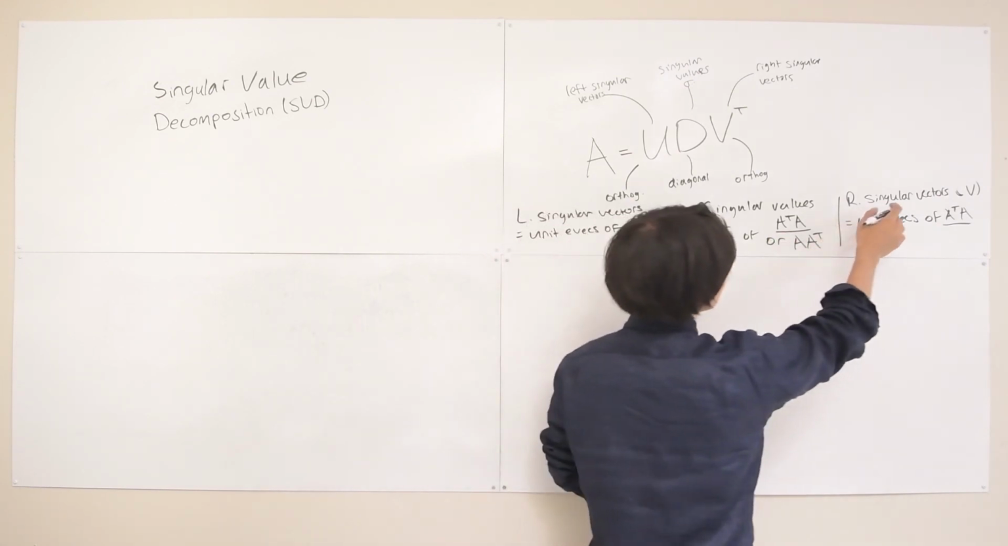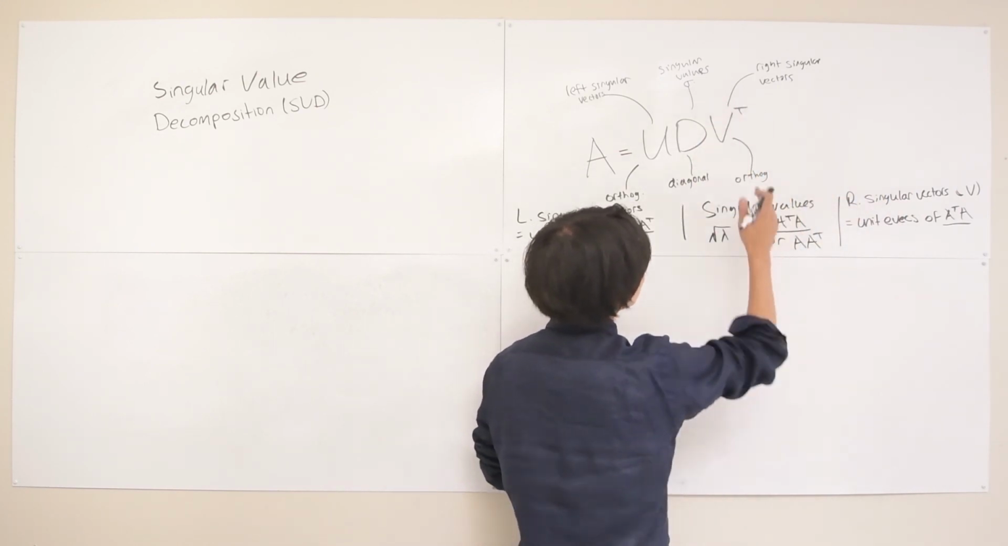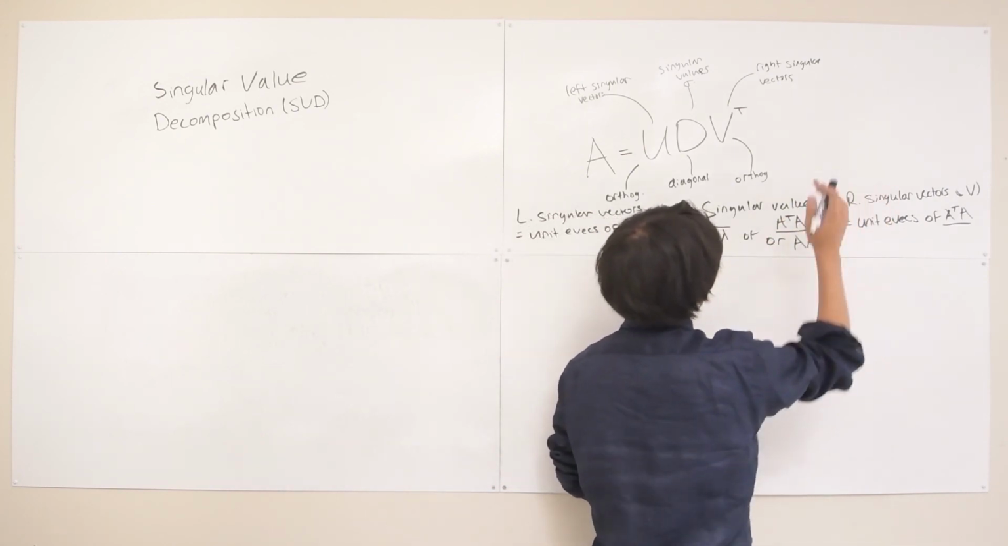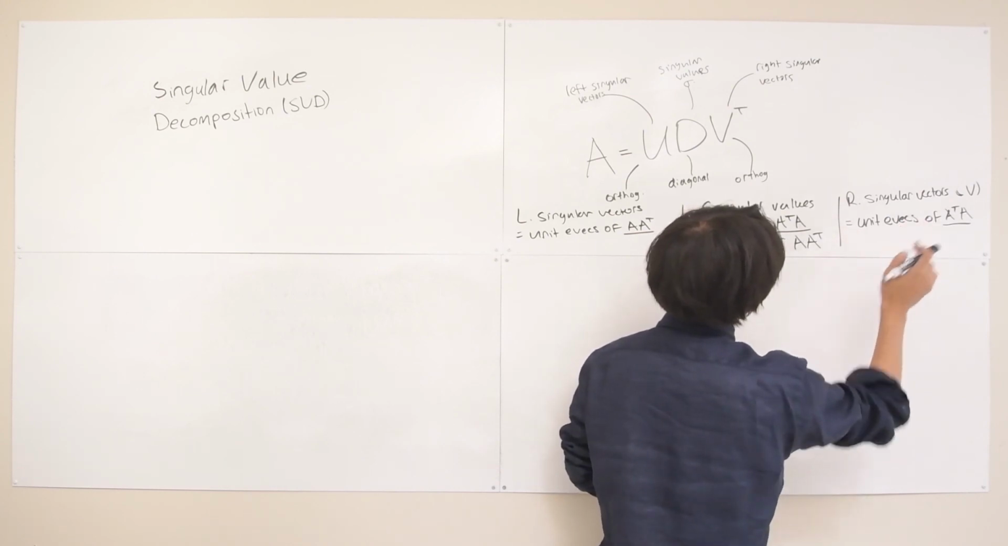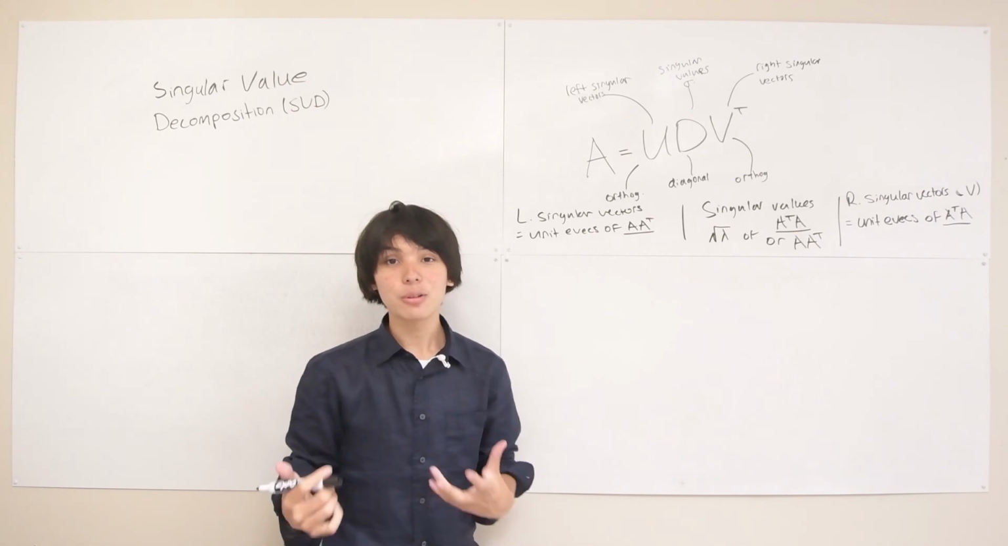And finally, to calculate the columns of V, which become the rows of V as you transpose it, or the right singular vectors, we calculate the unit eigenvectors of A transpose A. And it's that simple. That's how you calculate